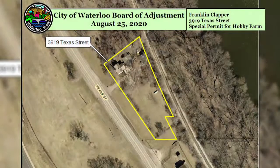Take it away. So, I make a motion that we approve, I've got to make sure I get these terms correct here, a special permit for an urban animal hobby farm that would allow up to 12 chickens and 1 goat at 3919 Texas Street. Okay. So do I need to put in there the area dedicated and all that kind of stuff? No, just with the following conditions. With the following conditions,